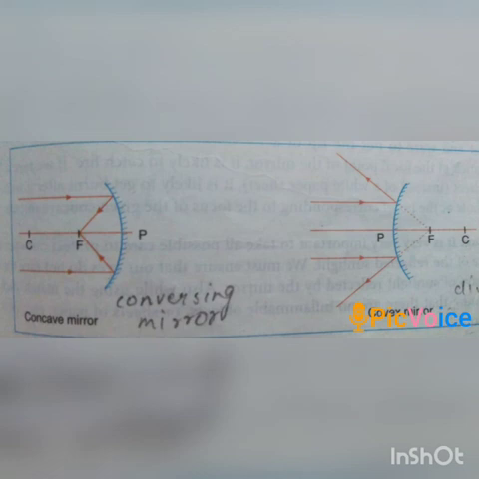The focal length, which is denoted by f, is nearly half the radius of curvature. That is, f = R/2, where R is the radius of curvature. That means the focal length is half of the radius of curvature. That means the focus is situated midway between the pole and the center of curvature of the mirror. The radius of curvature and focal length of a plane mirror are infinite, that is, very very large indeed.